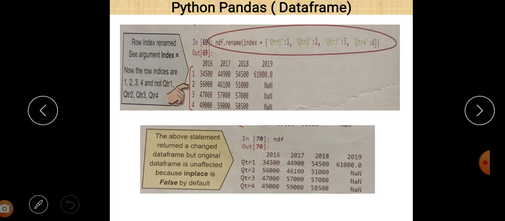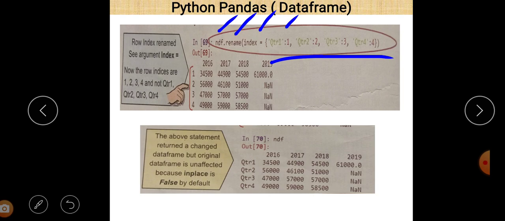Now you can see that we first write the name of the data frame, that is ndf, and then write rename, and then a parameter named index, and give the value of the parameter: Q2R1 1, Q2R2 2, Q2R3 3, Q2R4 4. Actually this is a dictionary, you can easily see that.